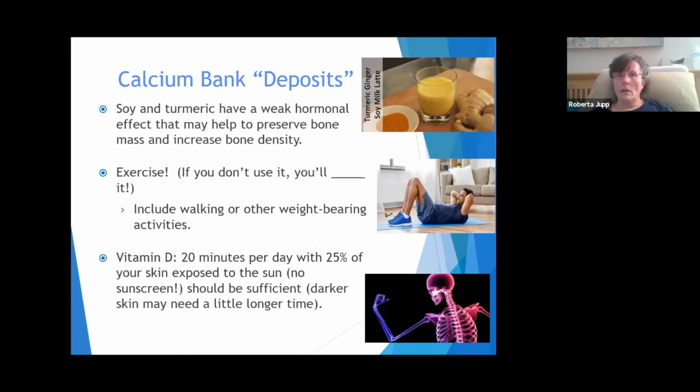Soy, so you mentioned the plant-based milks, Natalie. And so soy milk, soy is a very good food to help us to build up our bones. So some people say, well, I can't have soy because I had breast cancer, or I've got the genes for breast cancer. And I would suggest that you speak to your doctor about it. The problem with most soy is the amount of processing that's done to it. So there's so much soy eaten in China, and they really don't have a lot of breast cancer over there. So it's not the soy per se, it's more of how they process it.